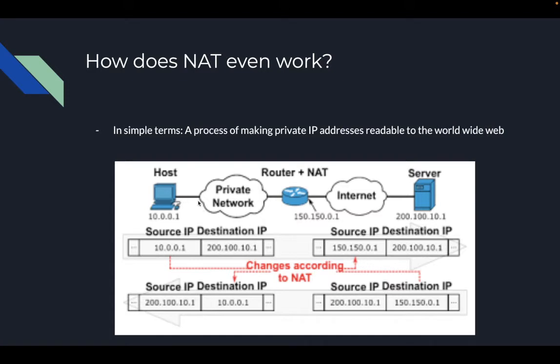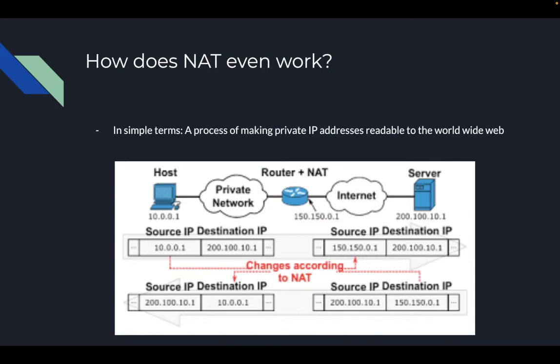So, the request to initially receive the information from Kaltura is passed through the router, but the router notices that you cannot route out a 10.0.0.1 address since it falls under Class A of the private addresses. The router will then perform a network address translation to translate the source's address to a usable one. It does this by replacing the private address with the router's address, which in this case is 150.150.0.1. Now, the viewer's computer can finally request the data from Kaltura, and the same process will now happen in